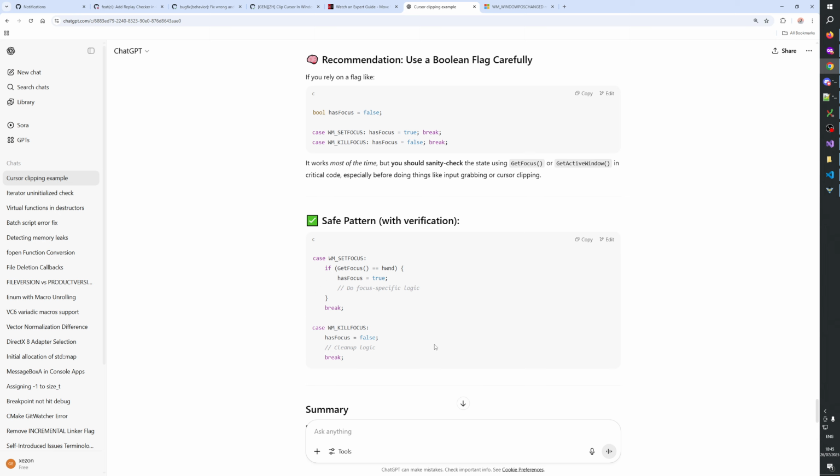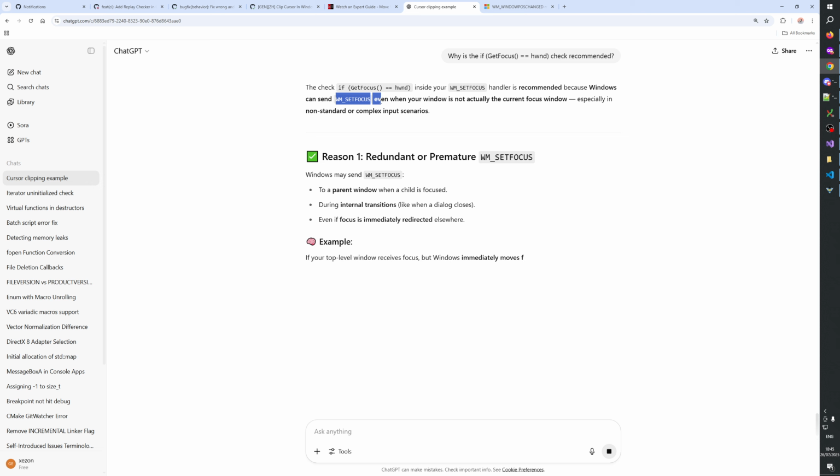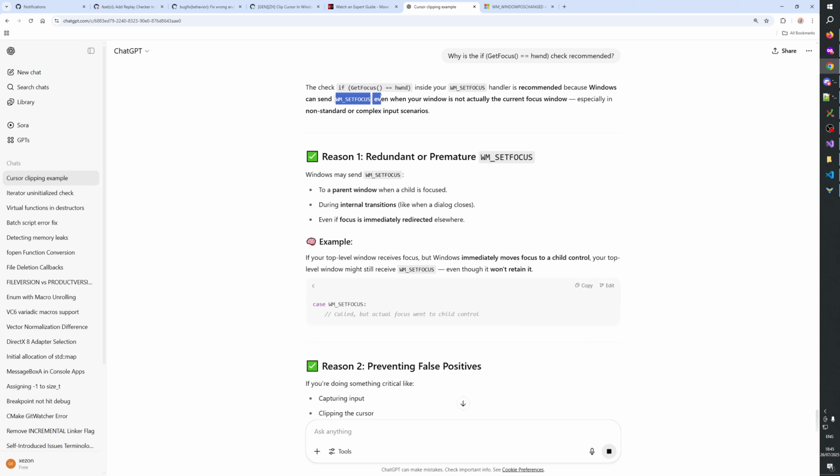Let me ask, why is the if check recommended? It's recommended because Windows can send set focus even when your window is not actually the current focus window. Oh. Okay.